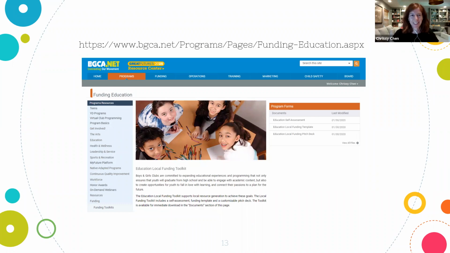Another planning resource has to do with funding. So one thing that you might need in order to implement Project Learn in the way that you want to is some funding to support the work. So the Education Funding Toolkit is a suite of resources that's just designed to help you raise funds for academic